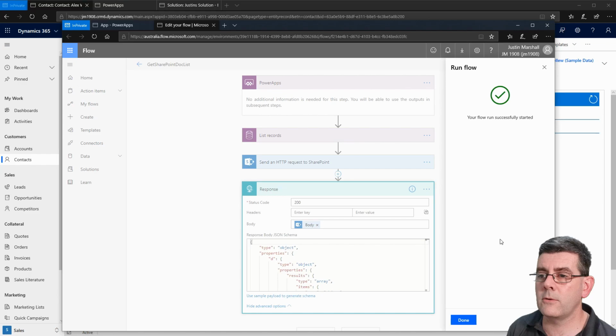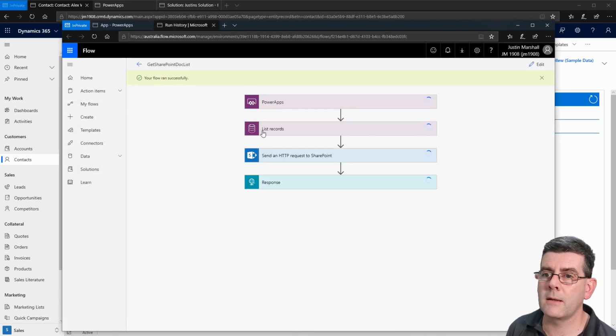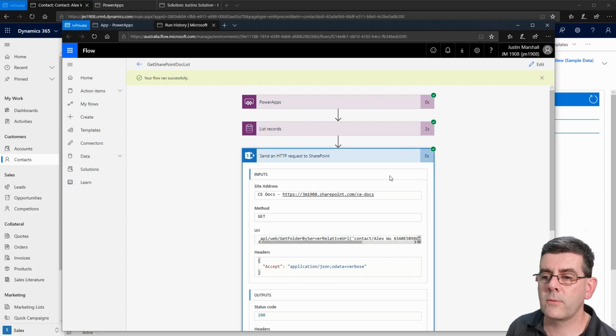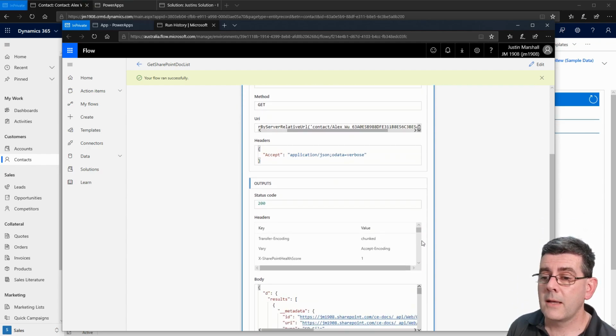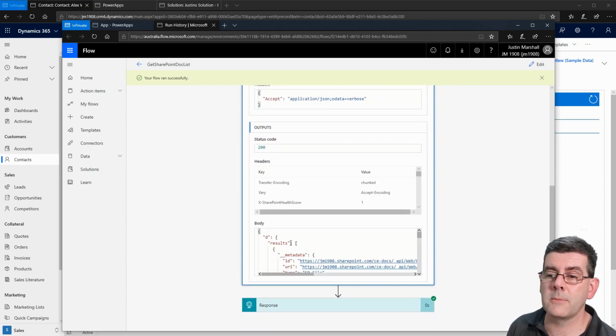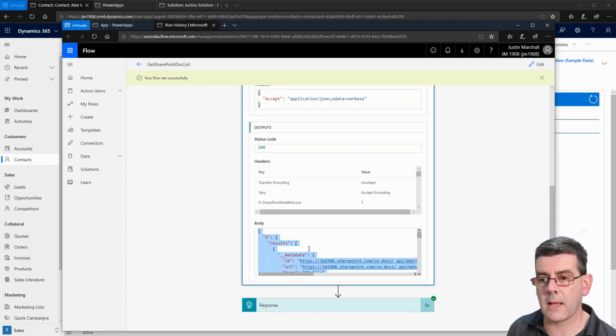The flow will execute. And if we follow the done, that'll take us back here. In the first case, it'll get down to here, but probably not get all the way out. So if we expand this, we can see here's our call. It's put in the relative URL that got back from the document locations. And down here under the outputs is the bit that we need. So if we click in there, do a Control A, and copy that,